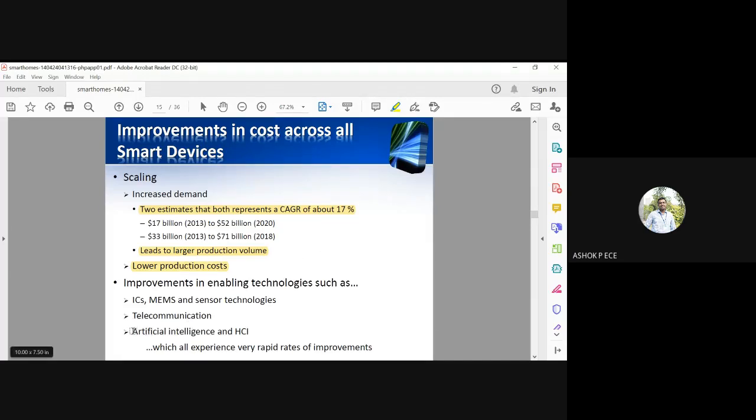And nowadays, artificial intelligence is incorporated everywhere, and HCI is human computer interaction. This HCI is an upcoming field, or it has been in place to a minimum extent in smart homes. It is how humans and computers interact to get the smartness in your devices.